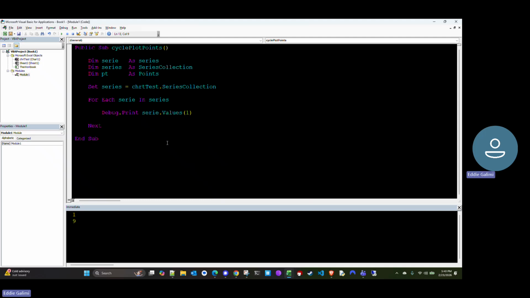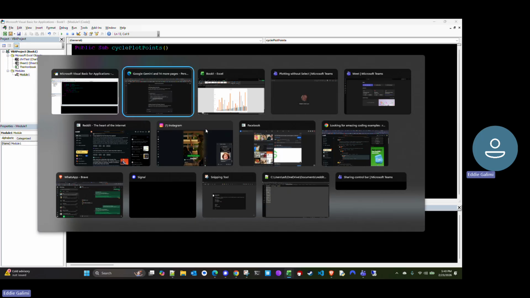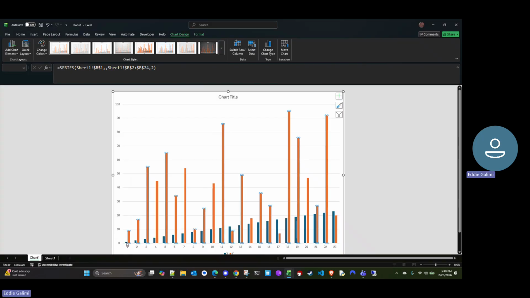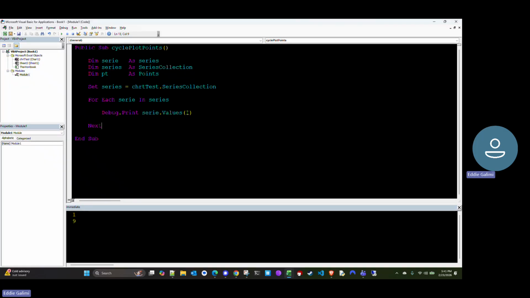1 and 9. Oh, yeah, that's because there's two. There's the blue and the white. Oh, okay. And I see what happened. So we want to get this. Oh, okay, so it is implicit. Yeah, I was looking at the blue item. Sorry, I haven't touched charting in a while. So the blue item's values is the Y value. So we want